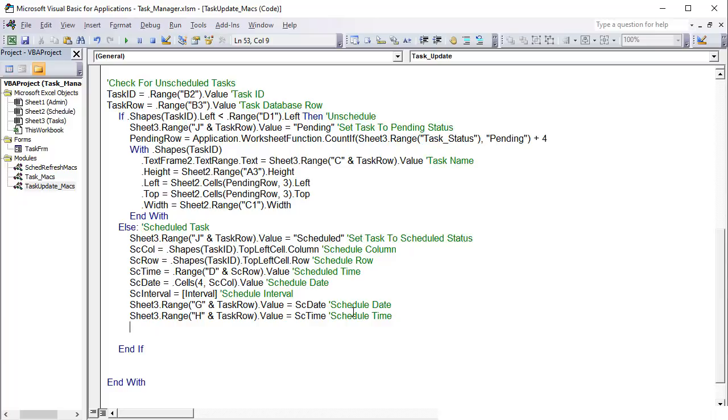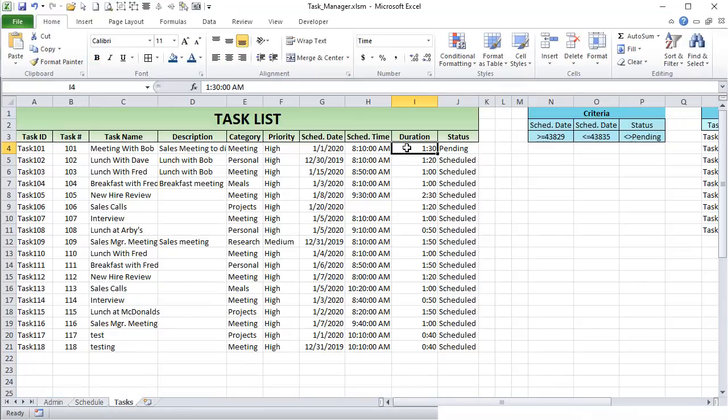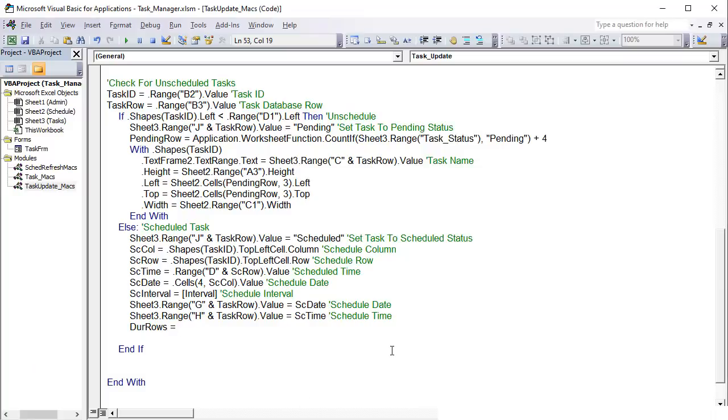What else do we need? Now I need the duration, so let's focus on that. The duration rows is equal to, we need to know the duration of it. What is the duration of it? The duration is set right here in the duration column. Basically, like I said, it's going to be whatever's in here divided by the interval. So we can do that here. Again, it's Sheet3.Range, because our duration is located in column I, range I, and the task row